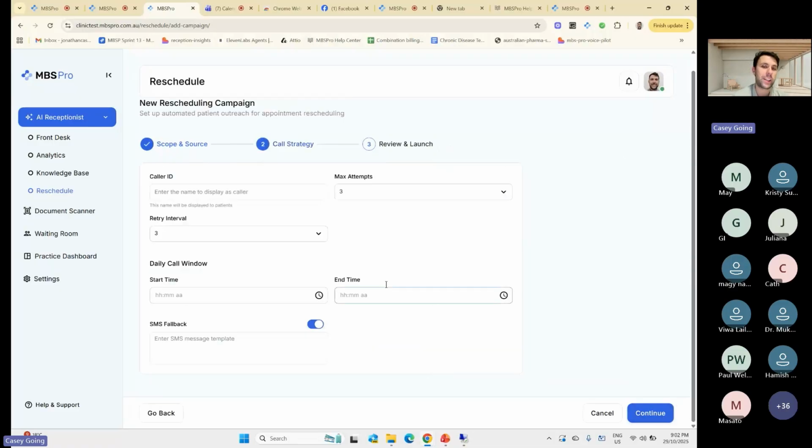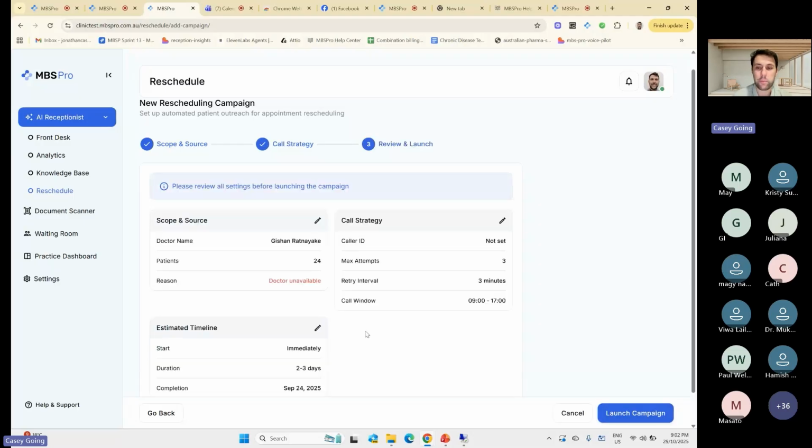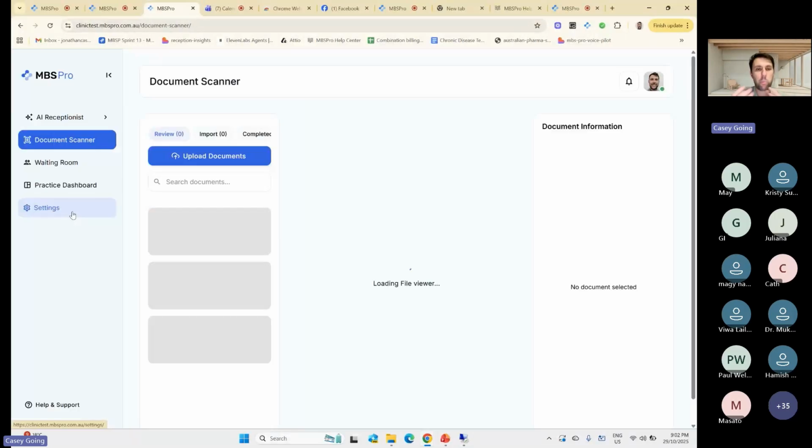We're going to set a call strategy. So the strategy is we're going to call them 3 times over the next hour, and send them a text as well. Ishan has left forever. So the patients will love that sort of text message. And then you can continue it. You can launch your campaign. So your AI will call everyone and reschedule them. Or if you're doing a campaign for your diabetics or care plans or health assessments or shingles vaccines, whatever it is, this will call and book in for it, as opposed to just sending a text and hoping a patient will click on the link and actually book in.